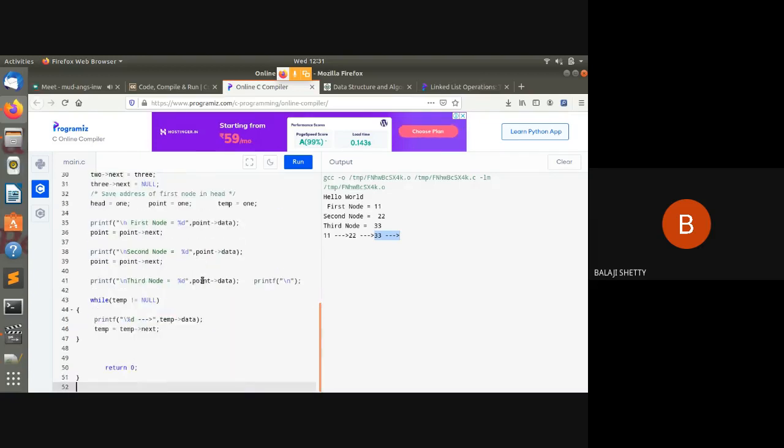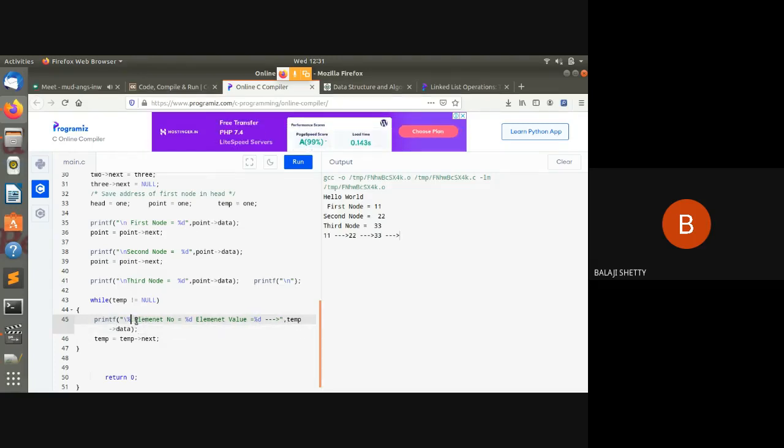And here I write element number equal to %d, okay, and here I write temp data, element value equal to %d.